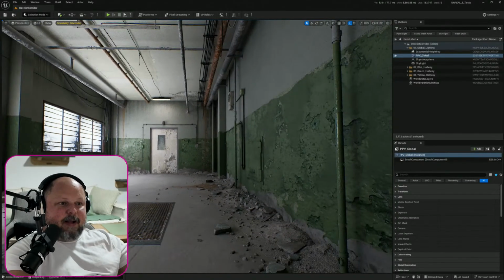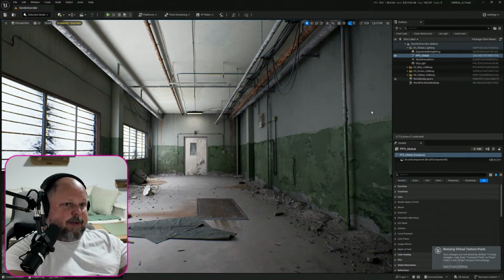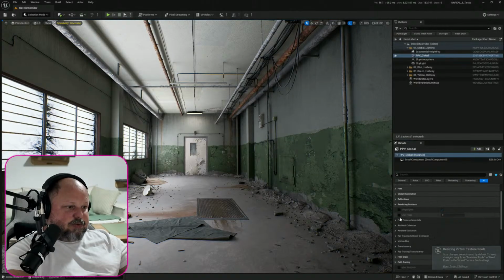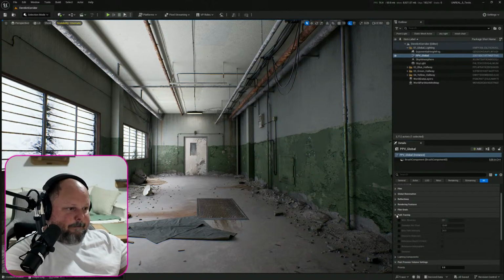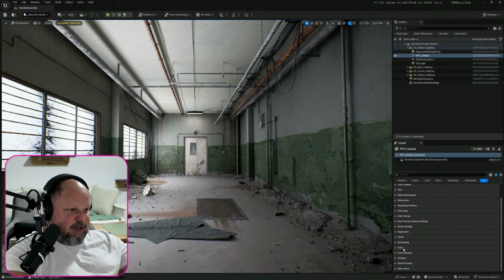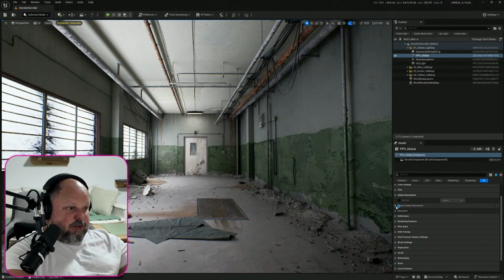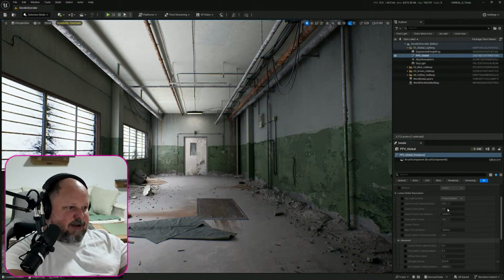All right. The actual quality control for Lumen is inside the post-processing volume. So you will need to go to path tracing. Let me close everything. Collapse all categories. And we need to go to rendering features. No. Global illumination. Here it is. And if you go to the Lumen Global Illumination, Advanced, you get a few things that you